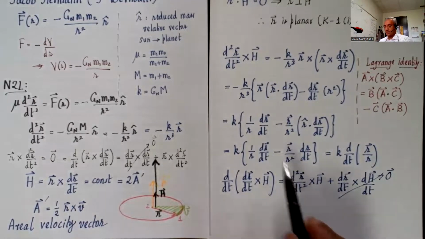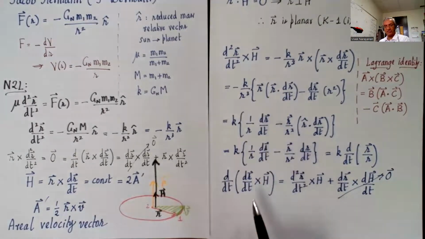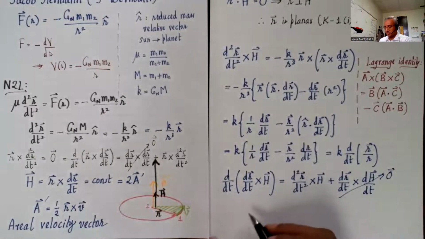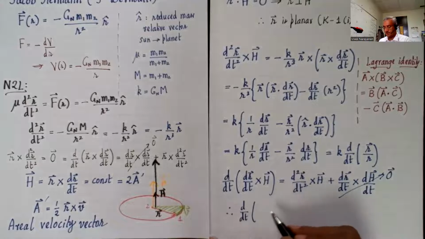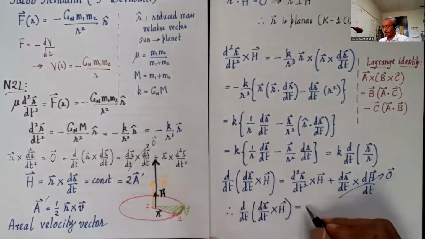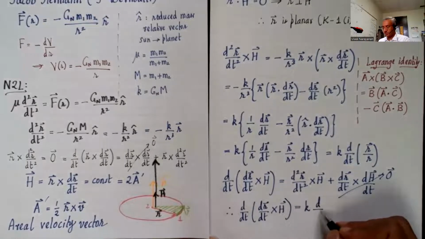Which means that what I've actually calculated there is d by dt of this. Let me write the left-hand side now as d by dt of velocity cross Hermann. So therefore, I'm getting d by dt, dr by dt cross h is equal to k times d by dt